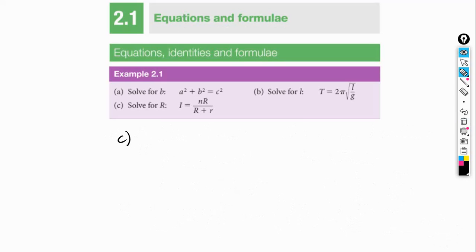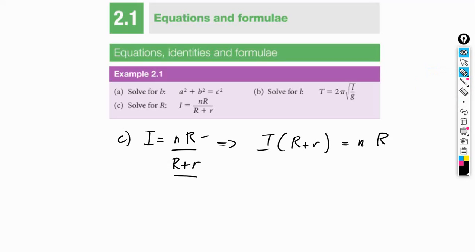So in letter C, they want us to solve for R in the expression I is equal to n times capital R over capital R plus small r. So they want us to solve for capital R. The first step here is to multiply both sides by the expression R plus r, or capital R plus small r. So if we do that, we are going to get I times (R plus small r) is equal to n times capital R. The next step is to distribute this here, meaning I have to multiply this by I as well as this. So I'm going to get